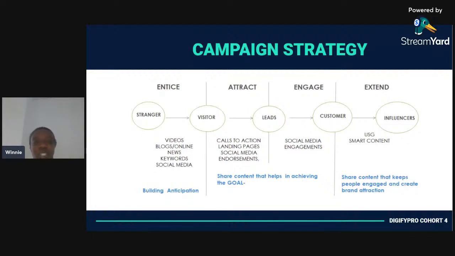You can see how to attract. They want to put the likes of call to action, or landing page so that somebody goes and reads further, or social media endorsements. So in terms of engagement, they have decided to engage just using social media, and to also extend a bit to influencers should it be necessary.